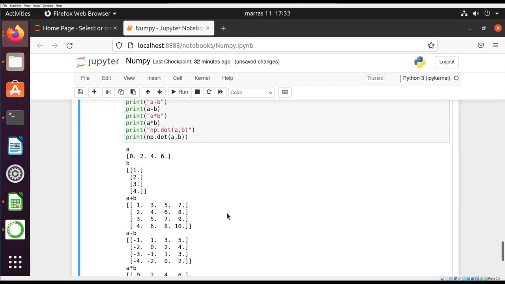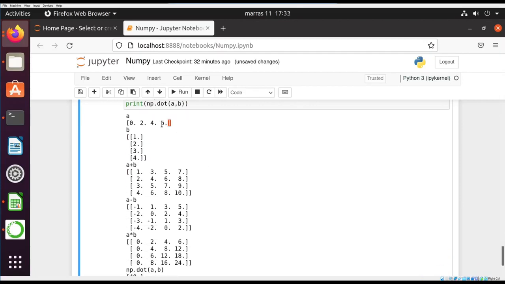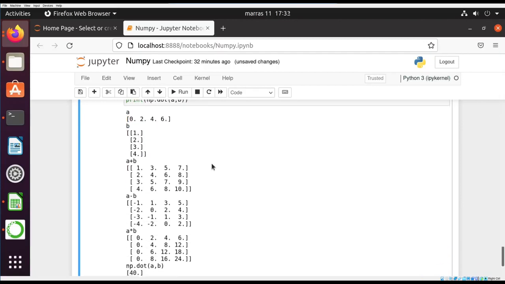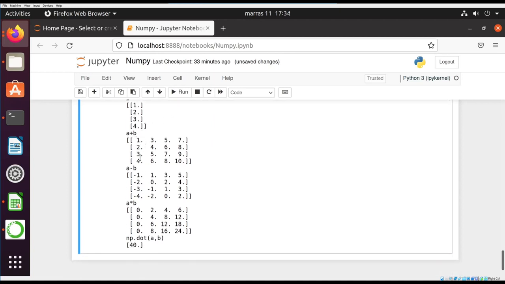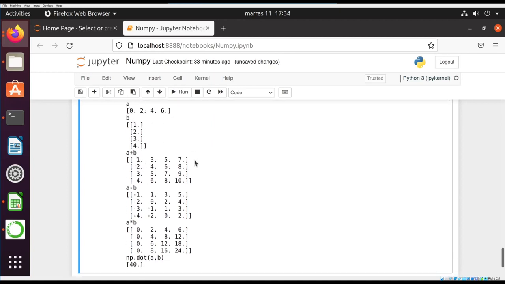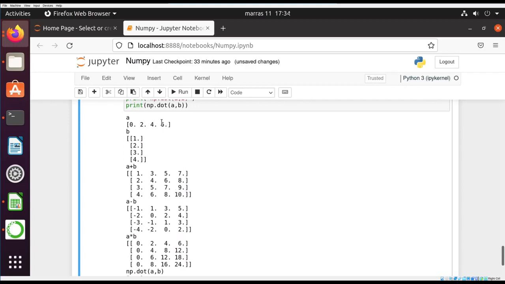So we defined our row vector and our column vector, and when we tried to add them, we actually expanded this vector by 3 additional columns to the right, and this row with 3 additional rows below. And when we got these two 4 by 4 matrices together, then we ended up with these results. So they are as expected. So the last 10 is a sum of 6 and 4, and 9 is a sum of 6 and 3, and